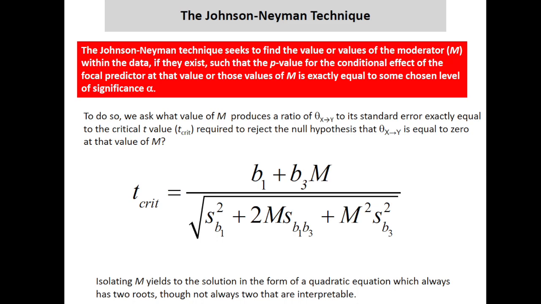Now, it turns out that you don't have to do a whole lot of computation for this, because you can conceptualize the problem in terms of identifying what's called the regions of significance. Let me show you what we're doing. So here's our conditional effect. We choose some value of M. In the pick-a-point approach, we have to choose a value, and then we generate a standard error for that. And that'll give us some value t, from which we then generate a p-value.